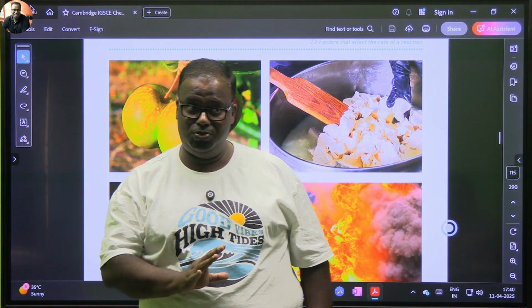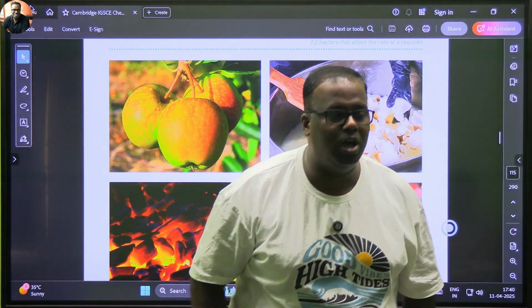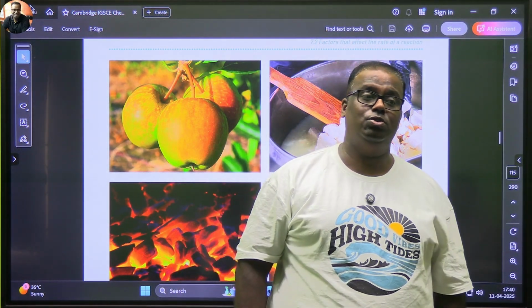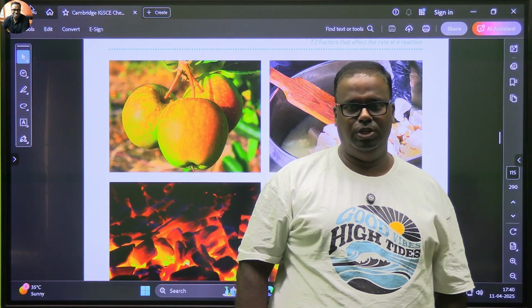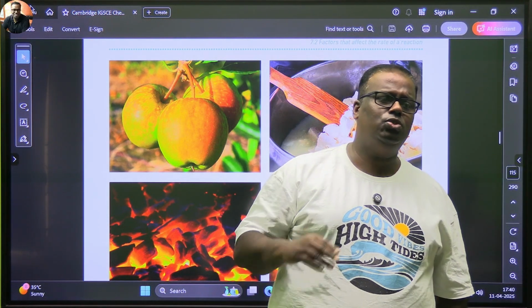Have you understood these two graphs? Okay, one of the graphs tells you about how the product is formed, and one of the graphs is going to tell you how the reactants are going to be finished up. Okay, if we try to convert,